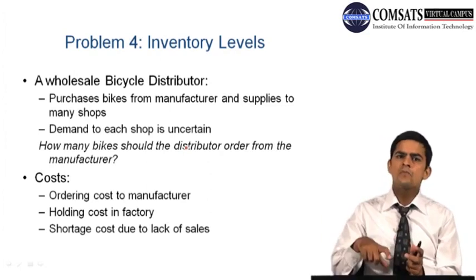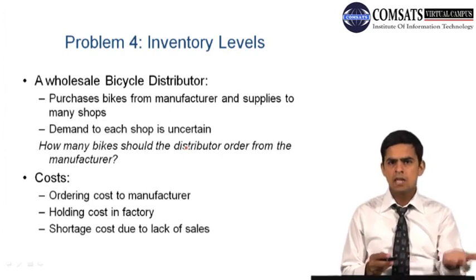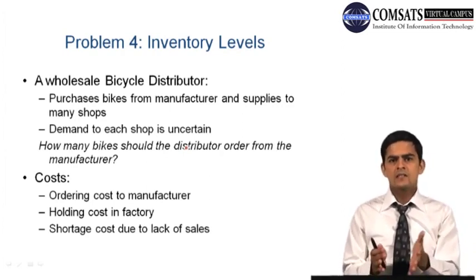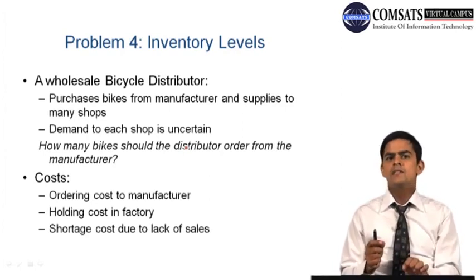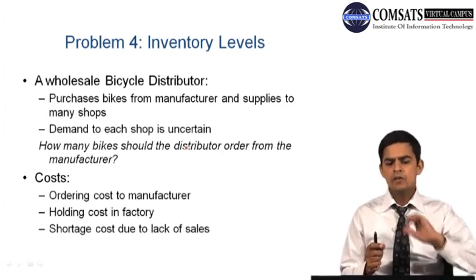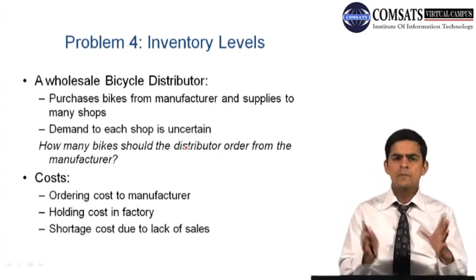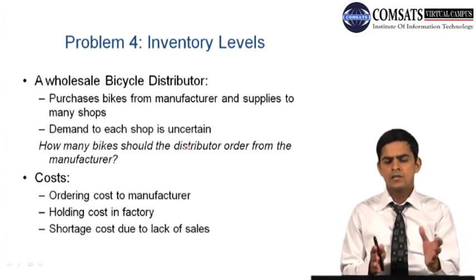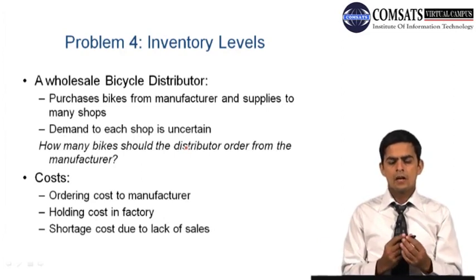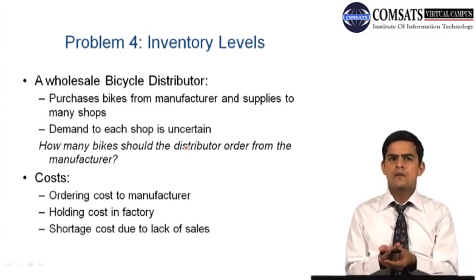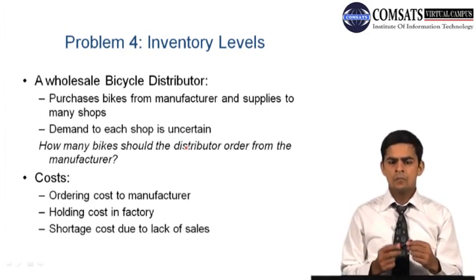And also, he has to pay the ordering cost to the manufacturer. He has to pay the money because he's buying something. So with all of these factors taken into consideration, he has to decide how many bikes he should buy so that he will be able to fulfill the demands of his customers, his retail customers, in the best possible way, while he has to minimize his cost. That's probably the problem that has been explained to you. Okay, so